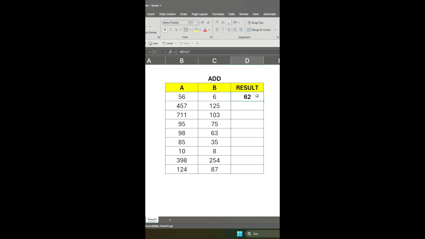Let's apply this formula to below cells. We are coming to the cell that we wrote the formula, and from the below right section there is a small square. We're coming above. As you can see, the cross appears, and we click and hold the left mouse key, and we're dragging all the way down until we apply it to below cells,